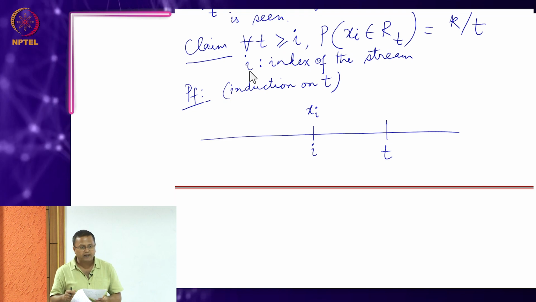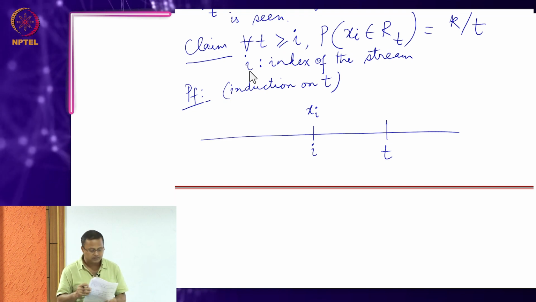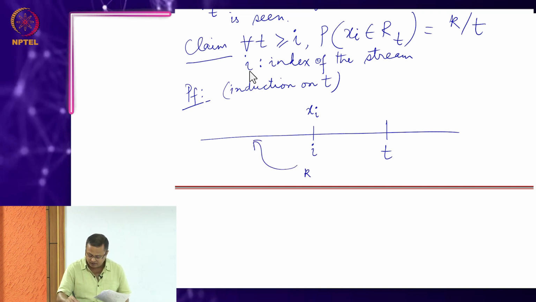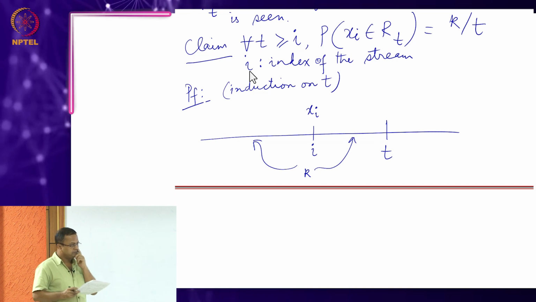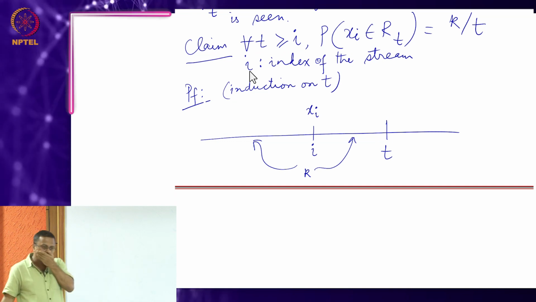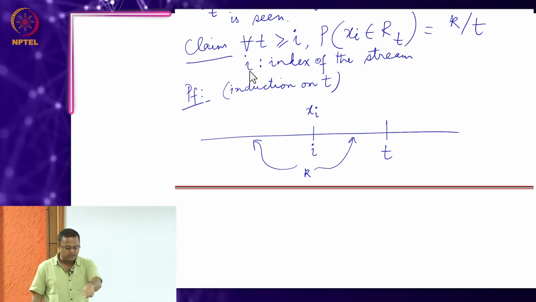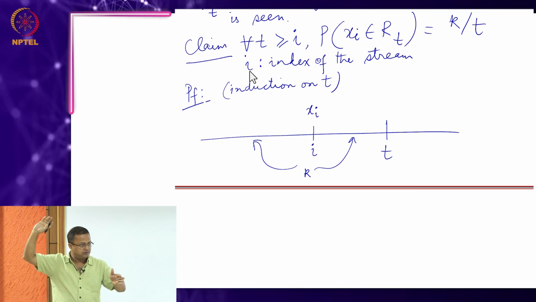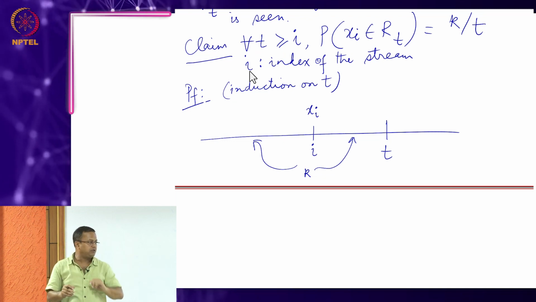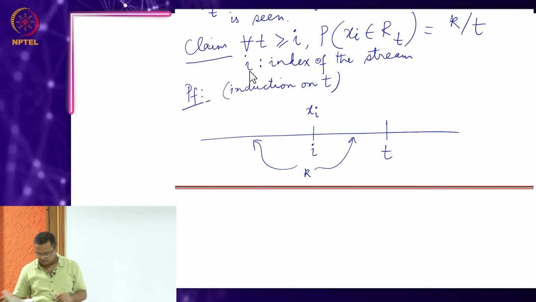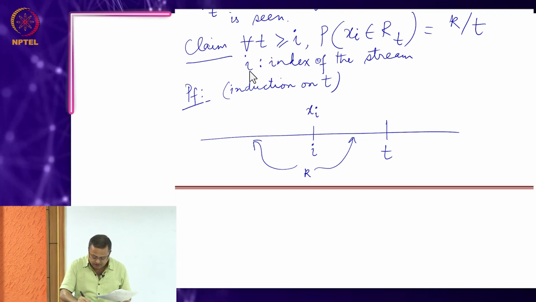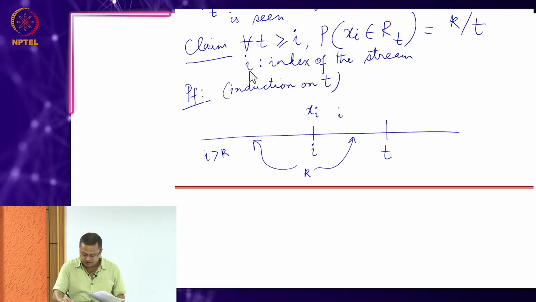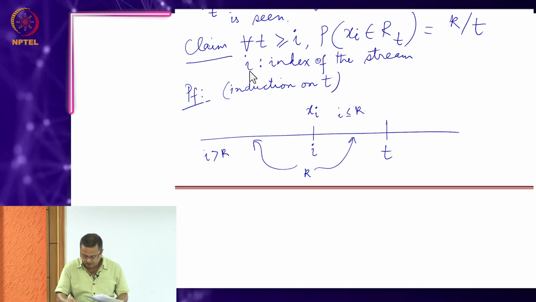So, that means if I look at k, the reservoir size, k can be either in this region or in this region, right. If k is in this region, that means i has grown over the reservoir size, and if it is in this region, it is still filling up the reservoir. So, in this region i is greater than k, in this region i is less than k. So, k is in